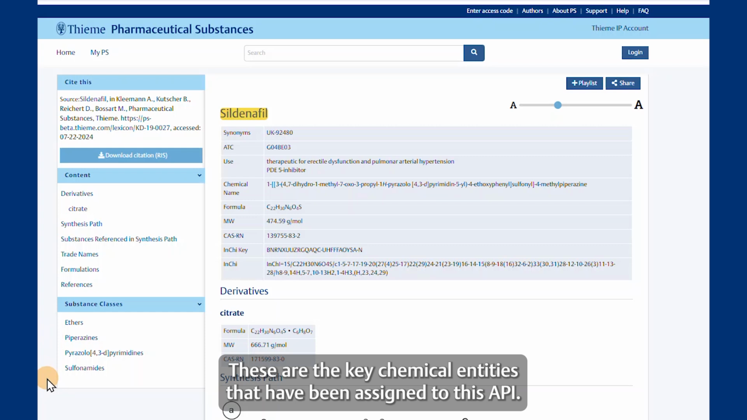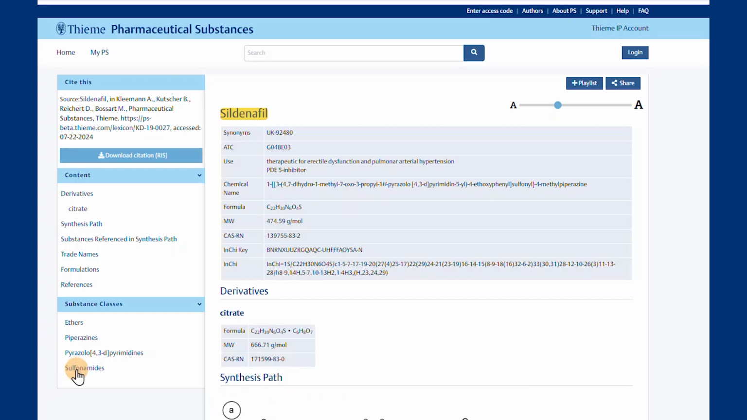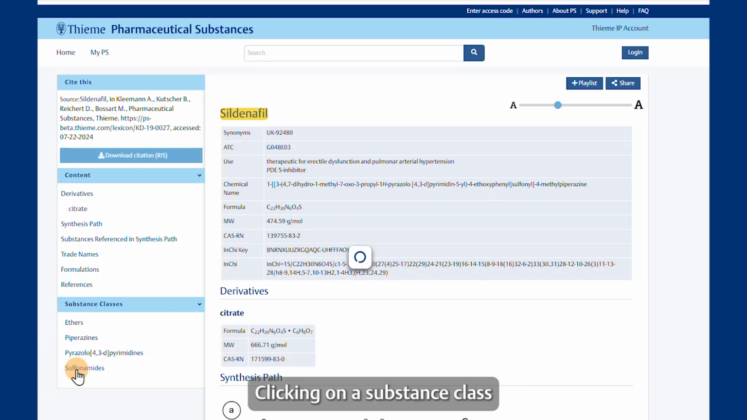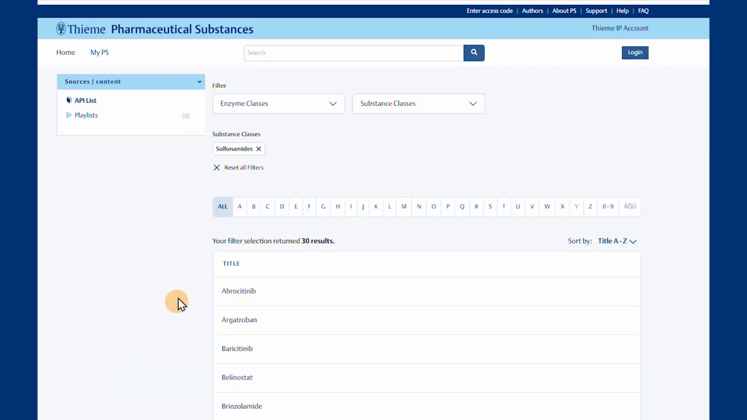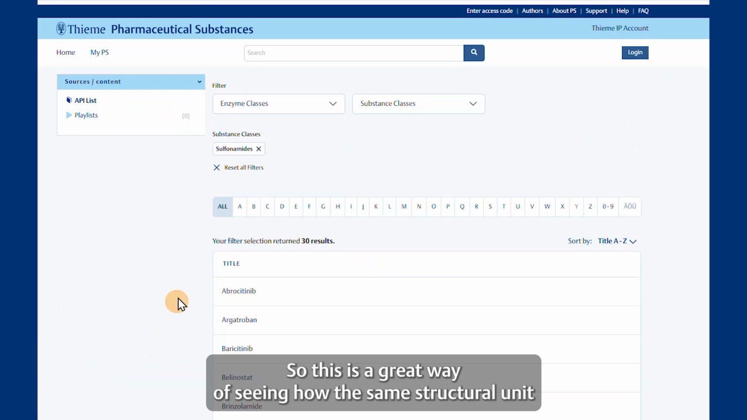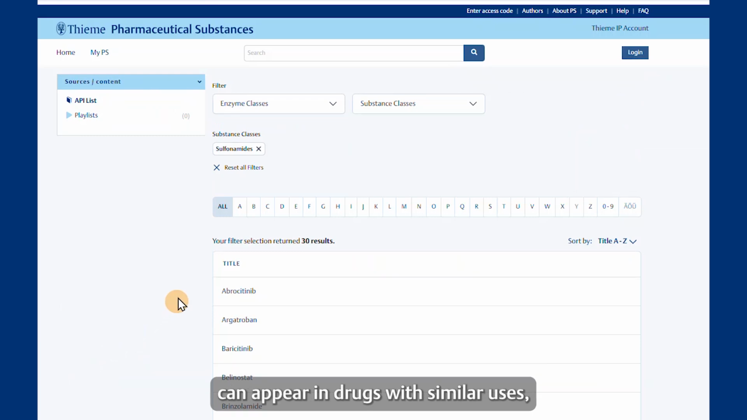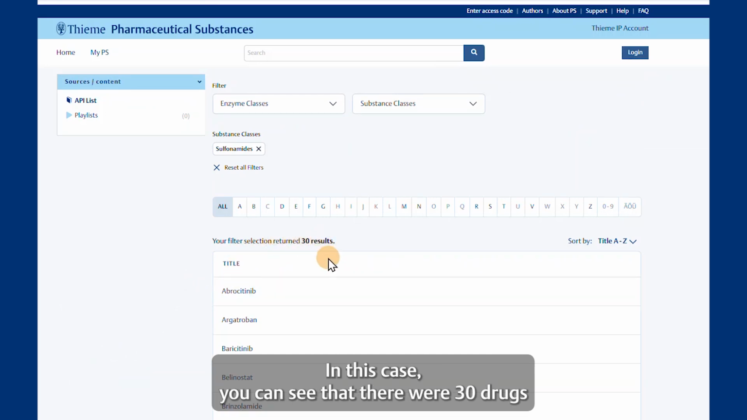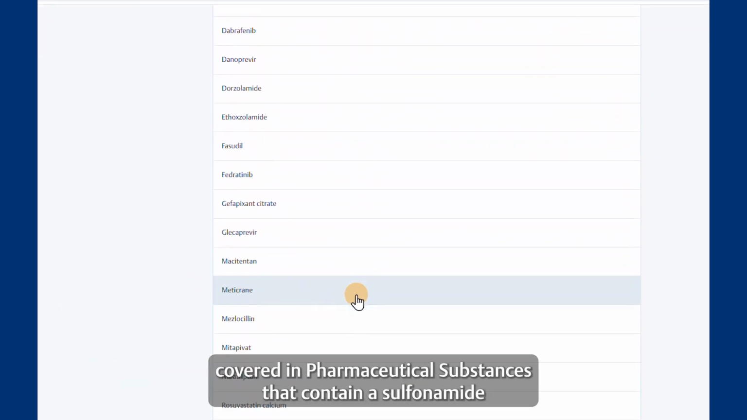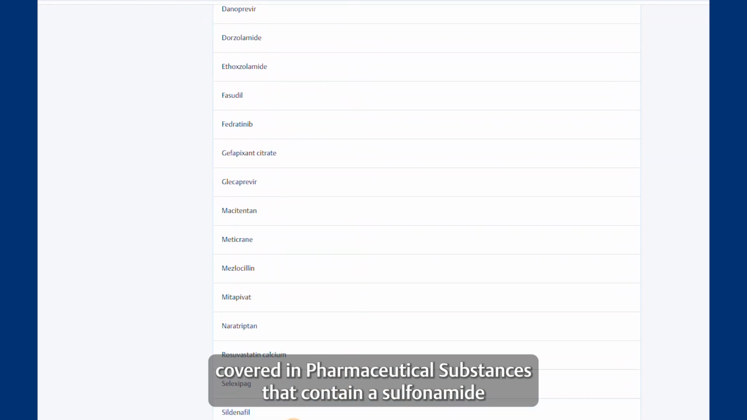These are the key chemical entities that have been assigned to this API. Clicking on a substance class will bring up a list of other APIs that also contain this entity. So this is a great way of seeing how the same structural unit can appear in drugs with similar uses, but also in those with completely different uses. In this case, you can see that there are 30 drugs covered in Pharmaceutical Substances that contain the sulfonamide as